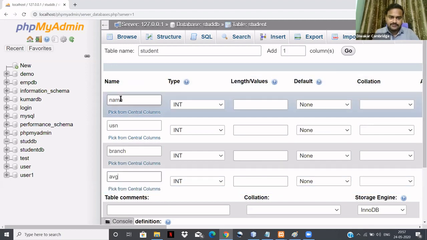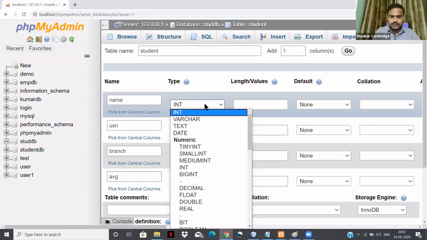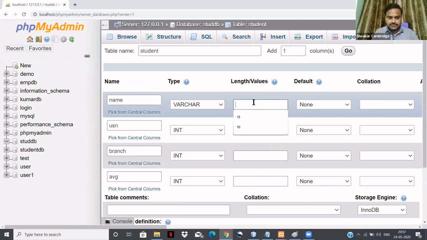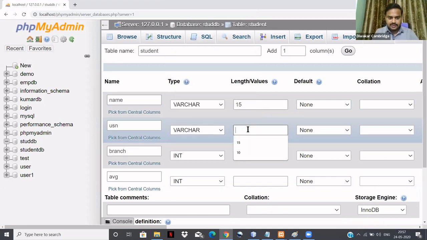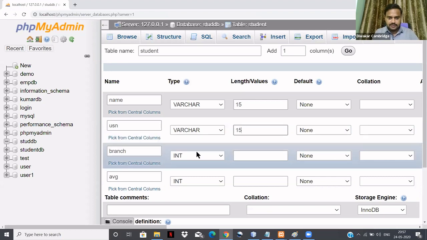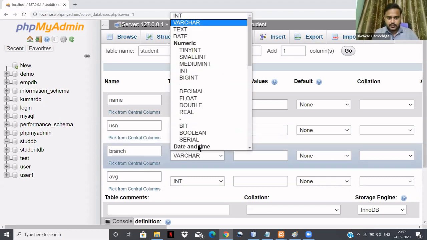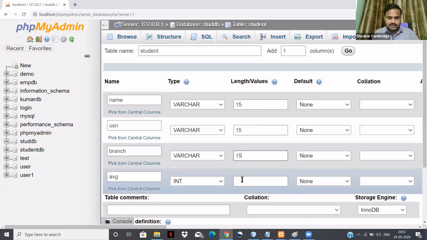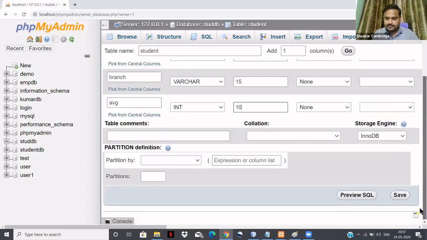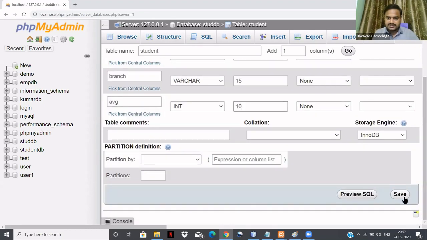The first field type you give is varchar, and you can give your own length. USN, varchar, you give 15. Branch, varchar, you give 15. Average. After doing this, you click Save.